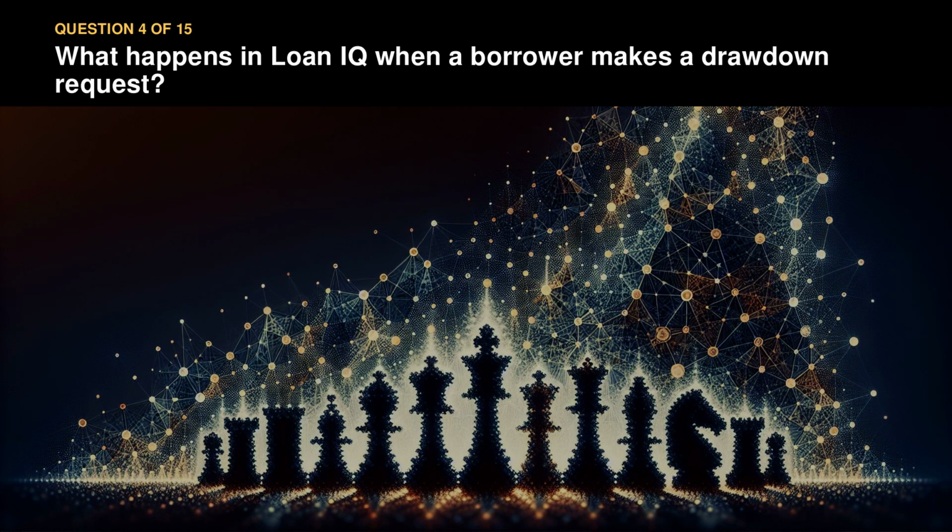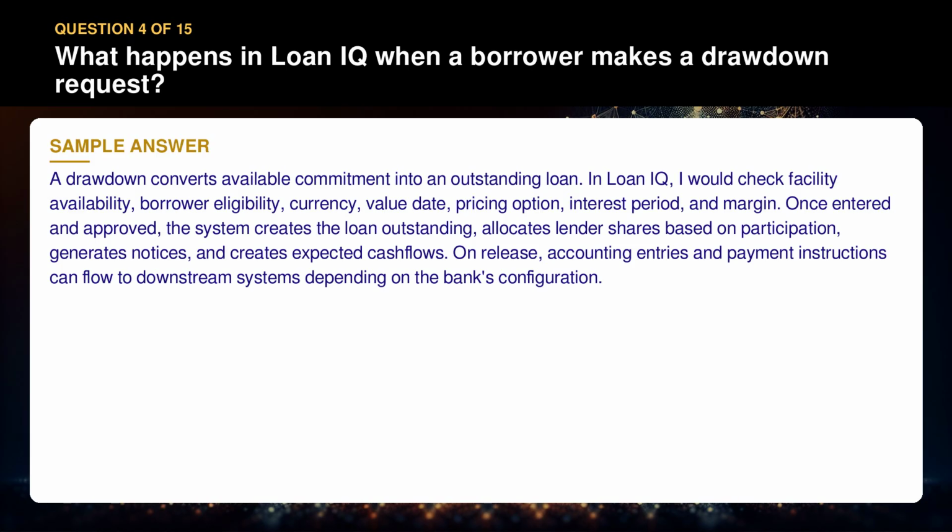Question 4. What happens in Loan IQ when a borrower makes a drawdown request? A drawdown converts available commitment into an outstanding loan. In Loan IQ, I would check facility availability, borrower eligibility, currency, value date, pricing option, interest period, and margin. Once entered and approved, the system creates the loan outstanding, allocates lender shares based on participation, generates notices, and creates